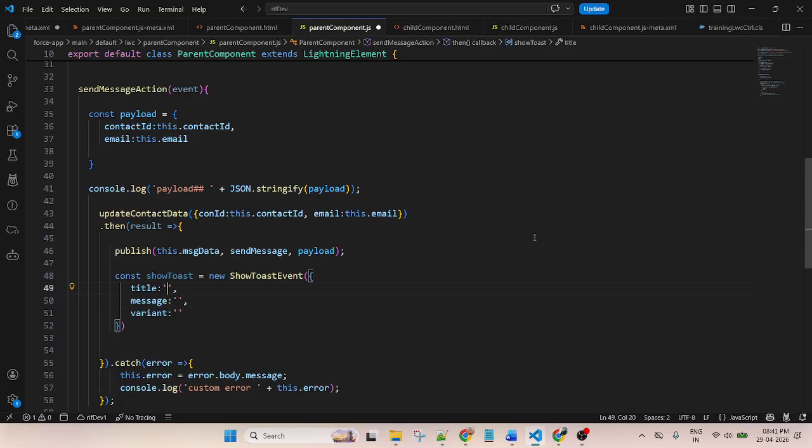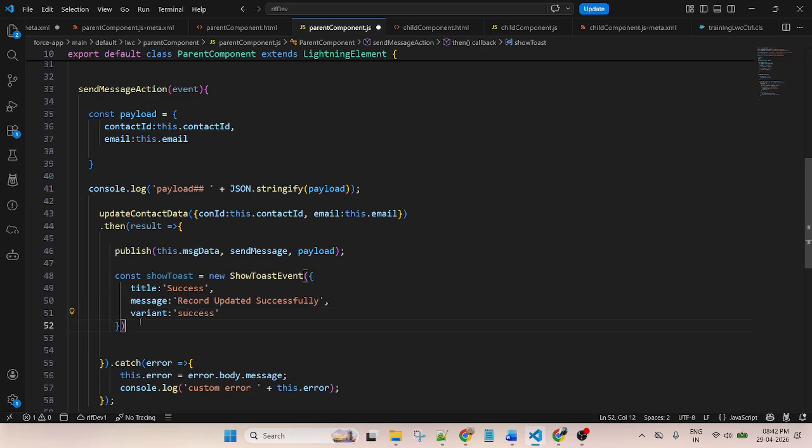So title will display success, message will display record updated successfully, and variant will display green, like success.